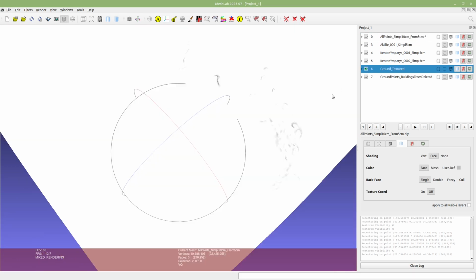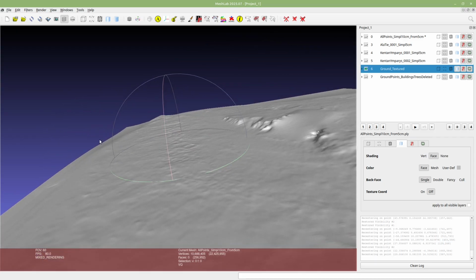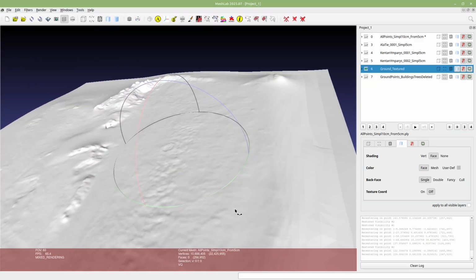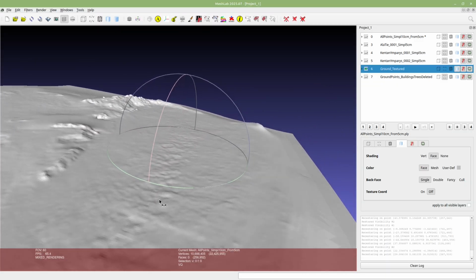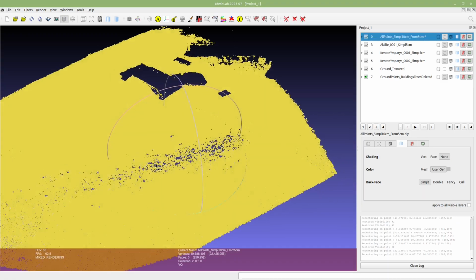And here you can see this bumpiness quite clearly in this reconstructed surface. And this surface was reconstructed from these points.